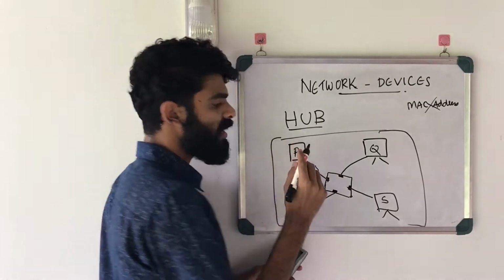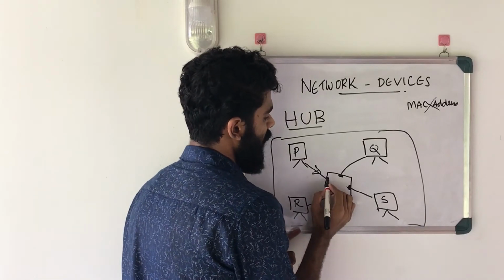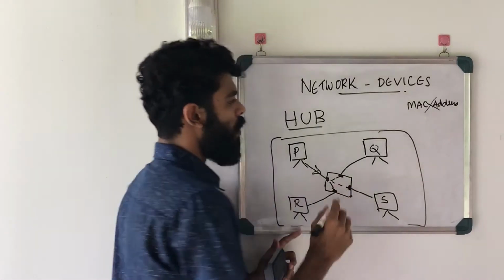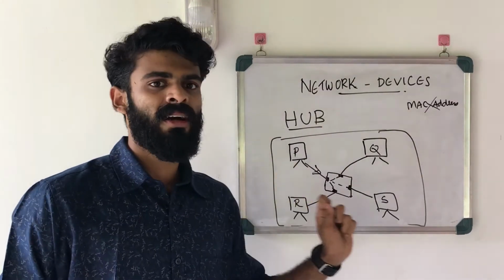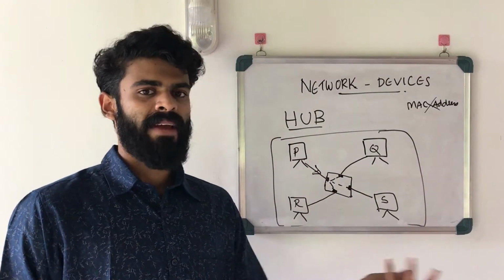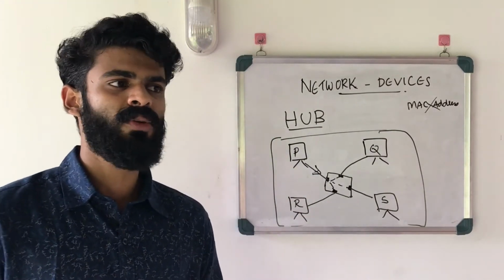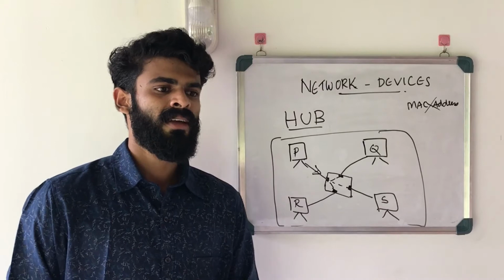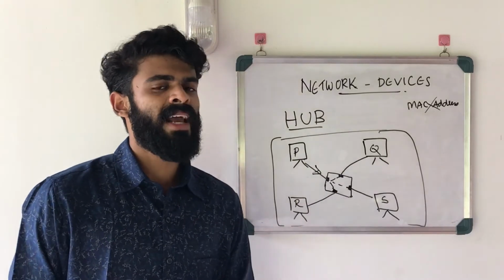So what it does is, suppose P needs to send a packet to S, it will send the packet, the hub will receive the packet and it will share a copy to R, Q and S, and all these receive the same packet. So this creates some issues. Like say if you send a message to your girlfriend stating something and it gets received by both these other computers, it's a privacy issue. That's why we have switch. Then you might be wondering, what is the use of hub? I also don't know what was the use of hub, because it was an old thing and now it seems stupid. So nowadays we rely on switch.